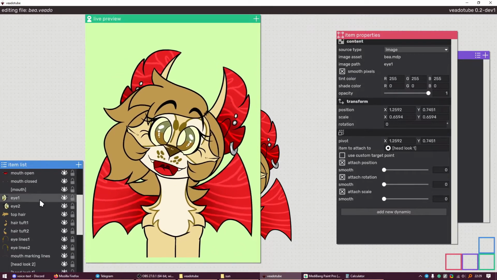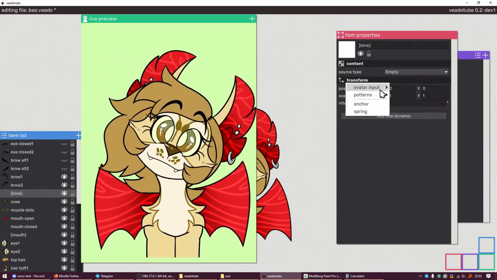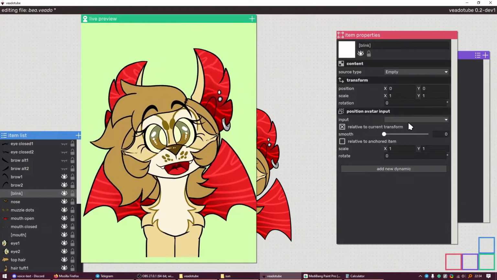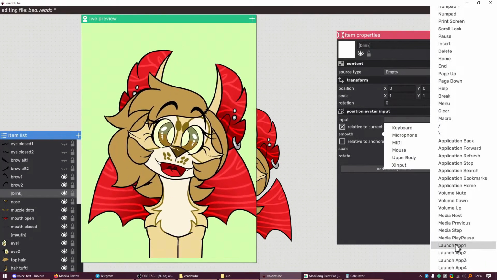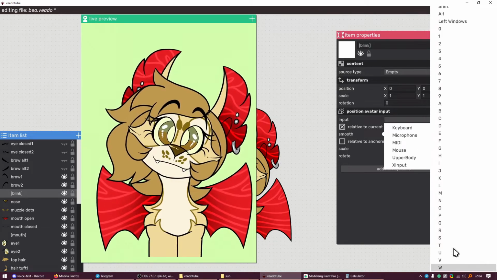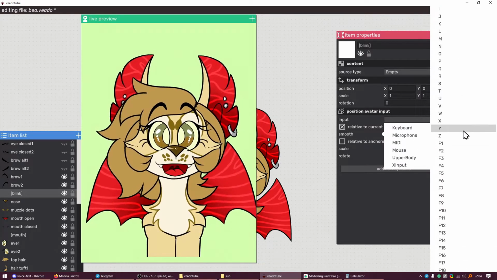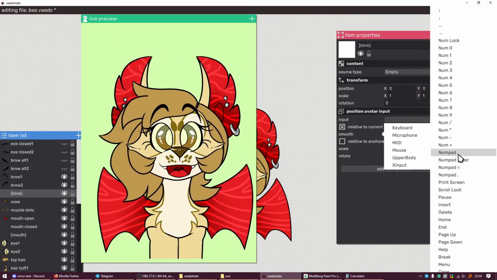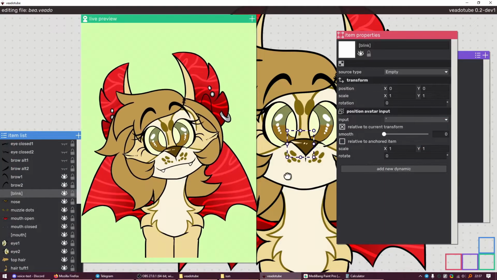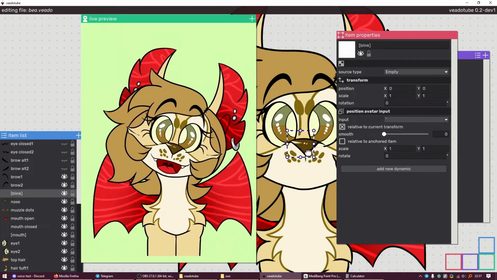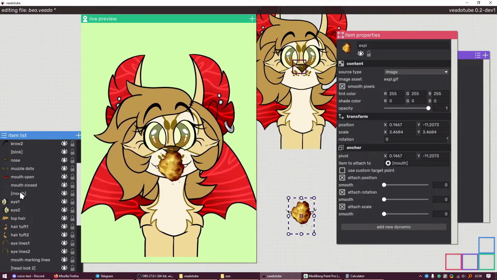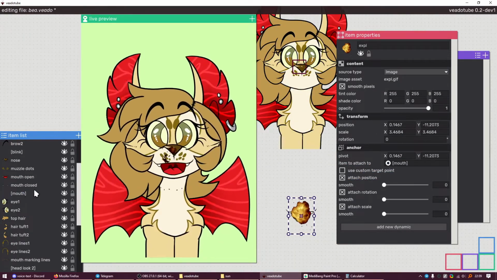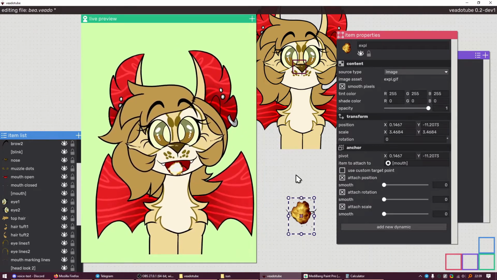Is it correct? Yes. And I'm gonna do some tricks. This will eventually be a decent window with a keyboard view. For now you have a list of lots of keys. Some keys you probably never heard before. You can make the image for the mouth a GIF, yes. So yeah, you can do that.